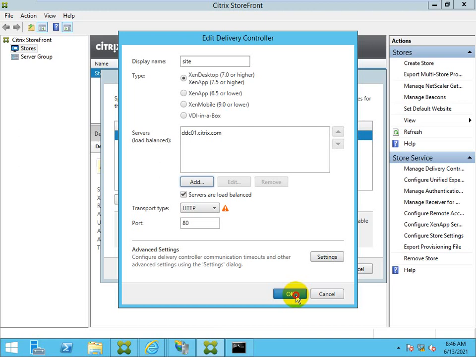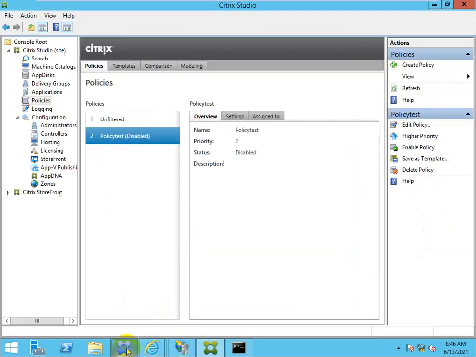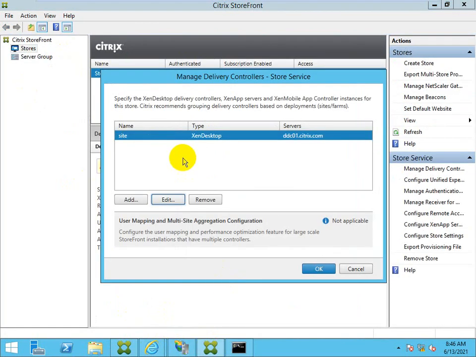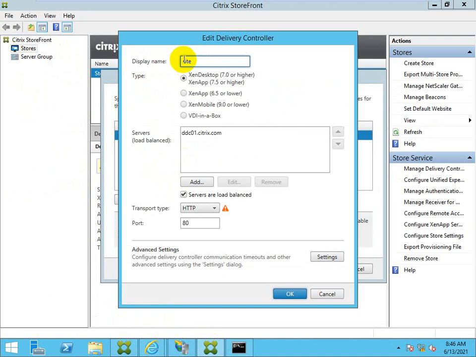The site name is shown here, and the same name you need to put here. It is the display name, which is your site name.